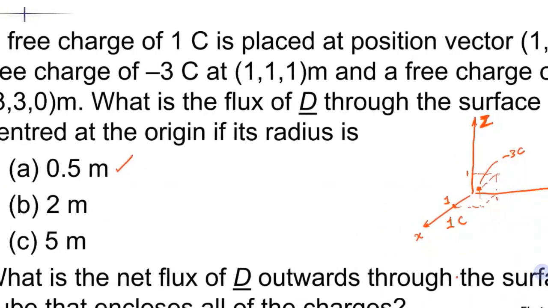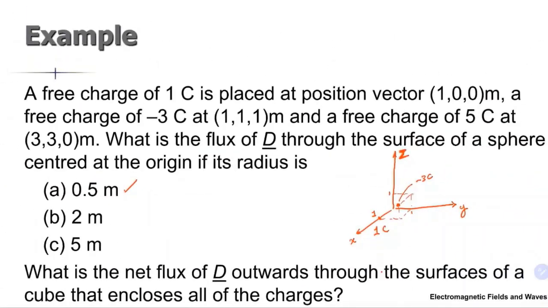And then I have 3, 3, x3, y3, which is 5 coulombs. And then the first one, if I have a sphere of 0.5 meter centered at the origin,